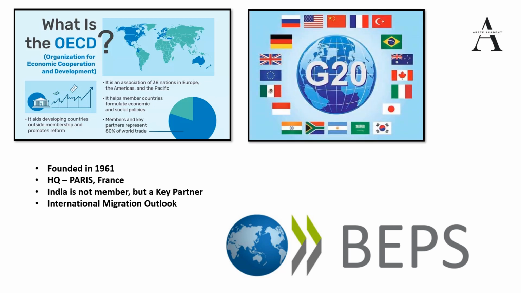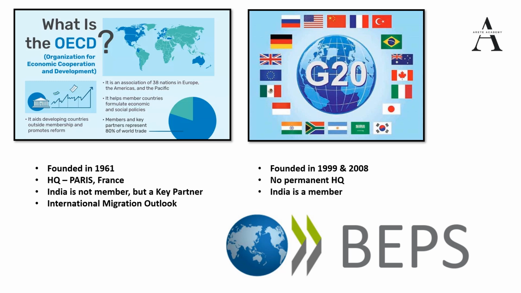So the G20 group is an intergovernmental forum where 19 countries and the European Union are the members. Their agenda is also to address major issues of the global economy, including international financial stability, climate change mitigation, and sustainable development. When we talk about the G20, it was founded in 1999 and also 2008. Why am I saying so? Because